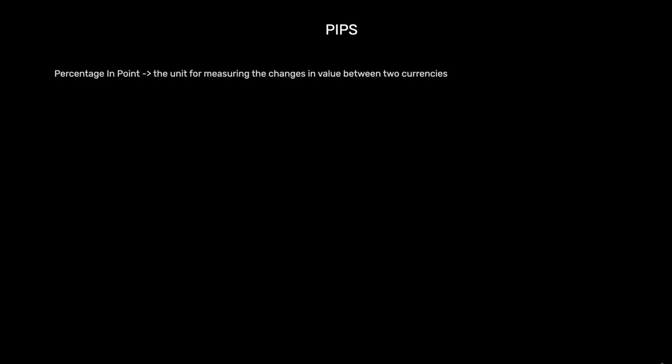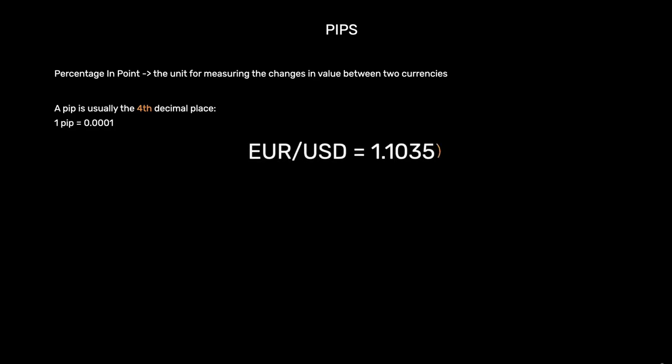Pips. Okay, so pips stand for percentage in point, and they are the unit for measuring the change in value between the two currencies. So essentially, pips are what we refer to in terms of the amount that the price changes. When reading a price quote, a pip is usually the fourth and last decimal place. So 1 pip equals